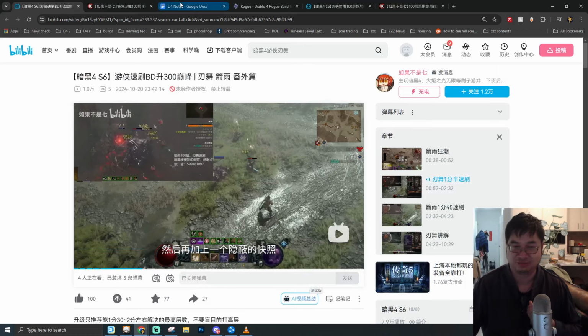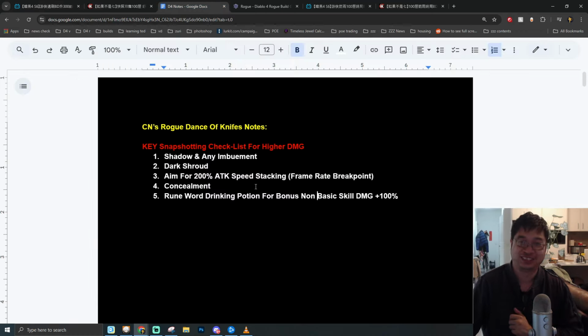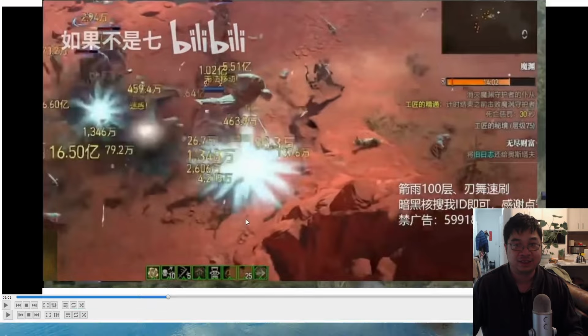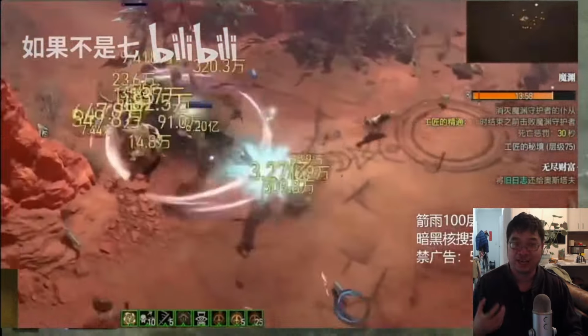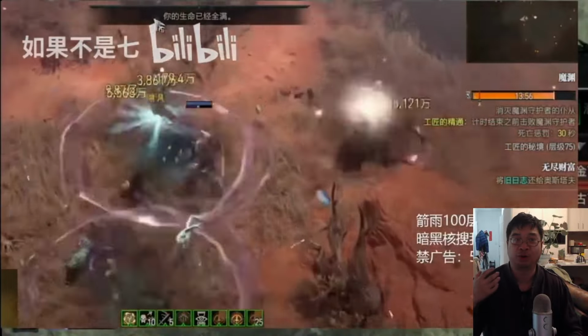But of course, you guys can't understand Chinese, or most of you can't, right? So here's the translation. What you want to do for the rogue character before you cast your Dance of Knives is cast other skills that achieve a snapshot ability. While those other skills and buffs are activated, you then cast your Dance of Knives, and this enables you to permanently dash around with all of those buffs constantly added and maintained